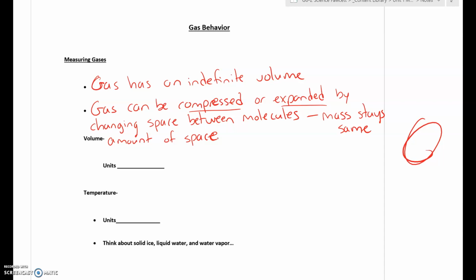And we can measure volume in units. Gases are fluids, just like liquids, so we would tend to measure them with units like milliliters or liters. But we can also use our other unit of volume, centimeters cubed or meters cubed, or even if we weren't in science class and we wanted to use the imperial system, we could talk about inches cubed or something like that. So it's either a cubic measurement of length or a unit that already measures volume used for fluids.